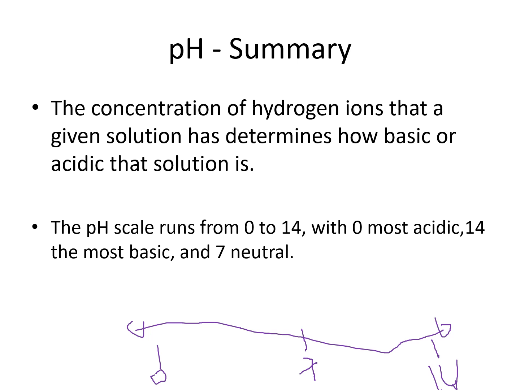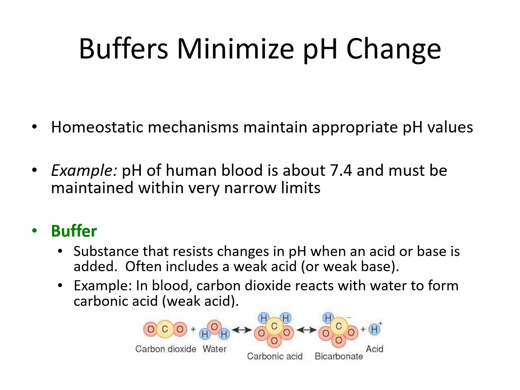Right, so if it's toward 0, it's going to be acidic. If it's toward 14, it's going to be basic, and in the middle, it's going to be neutral. Okay, and again, blood is about 7.4, and that's going to be slightly basic. Okay, so buffers are going to minimize pH change, and